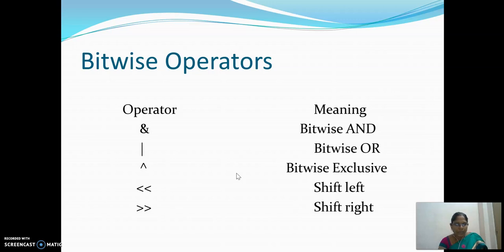Next are the bitwise operators. In bitwise operators, you are going to have five things: and, or, exclusive or, left shift and right shift. Previously we have seen logical and and logical or. Same here, but logical operators are performed on logics and here on the bits. And left shift and right shift: if you are shifting a bit towards the left, then the value will get doubled. If it is shifted towards the right, the value will be halved.